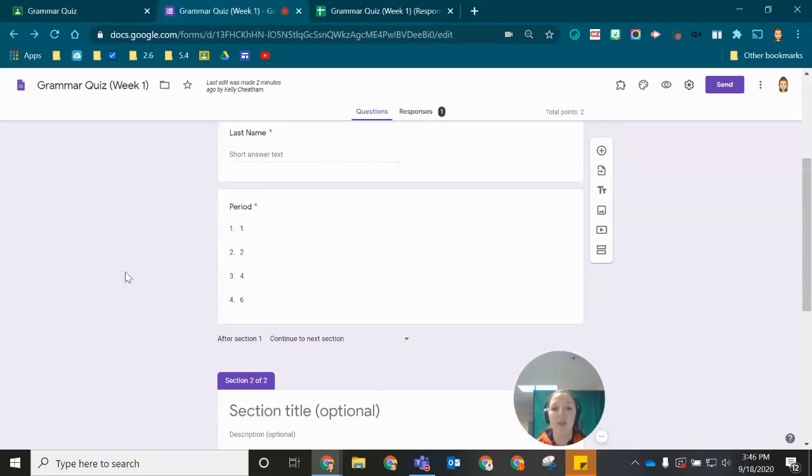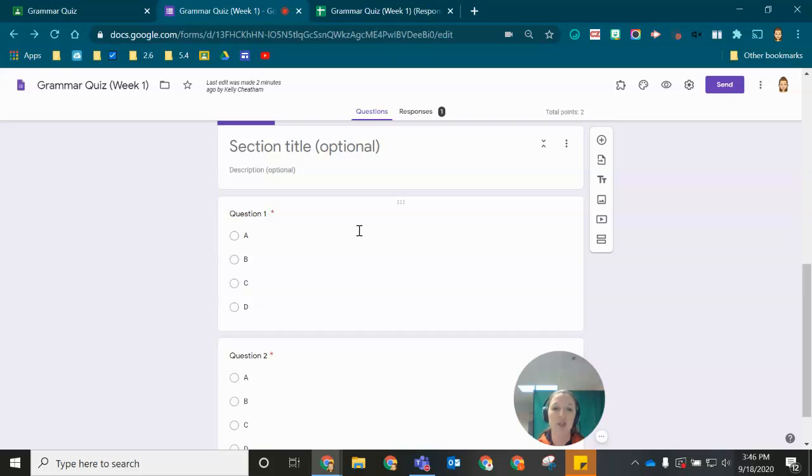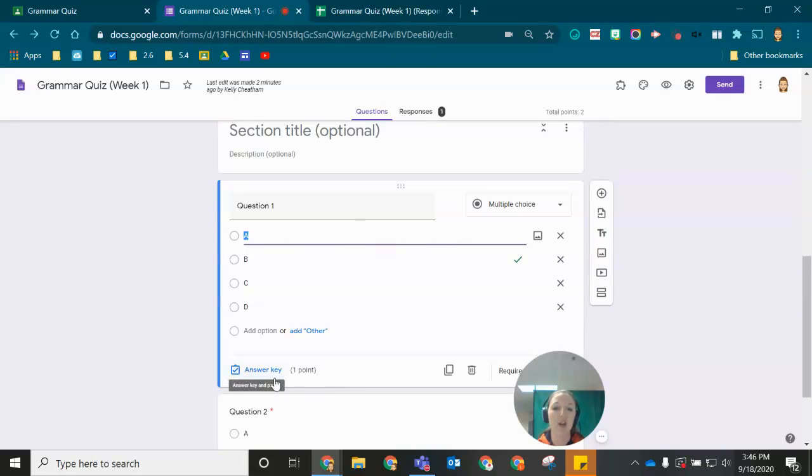If you need to add something about period or class, that would be a good thing to ask as well. And then if you teach older students, you may want to ask for their ID number. Again, that helps when importing those grades into Focus. And then you'll ask your content questions and just make sure that you have set your answer key correctly so that it auto grades. Once you've done all of that, you can go ahead and assign it to your students,